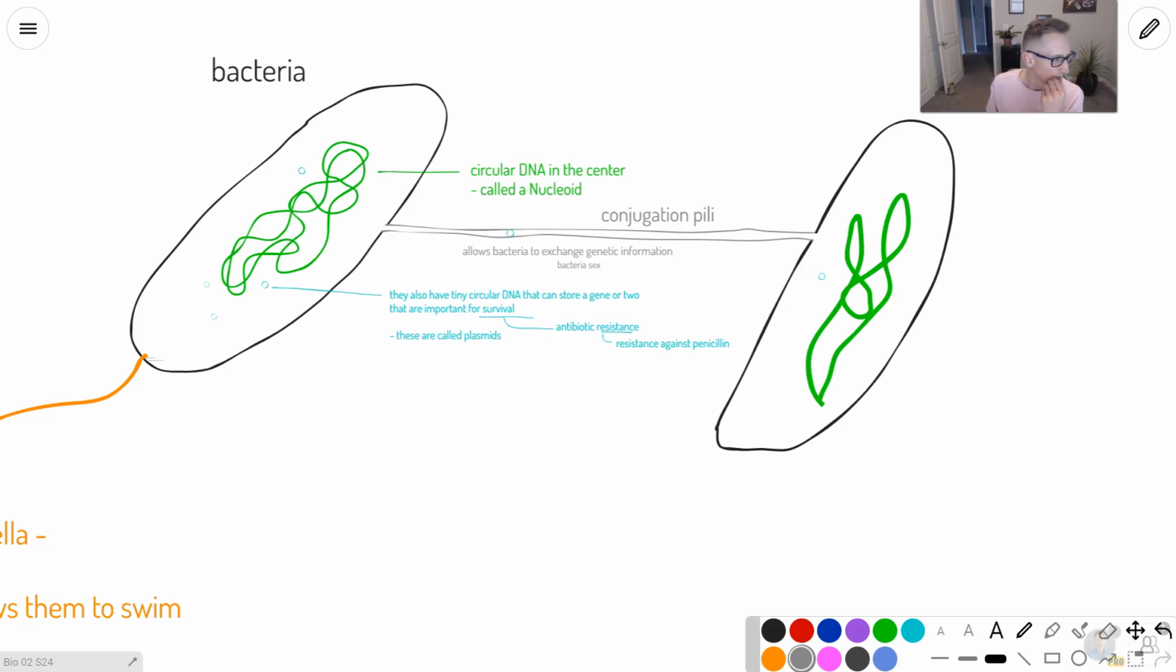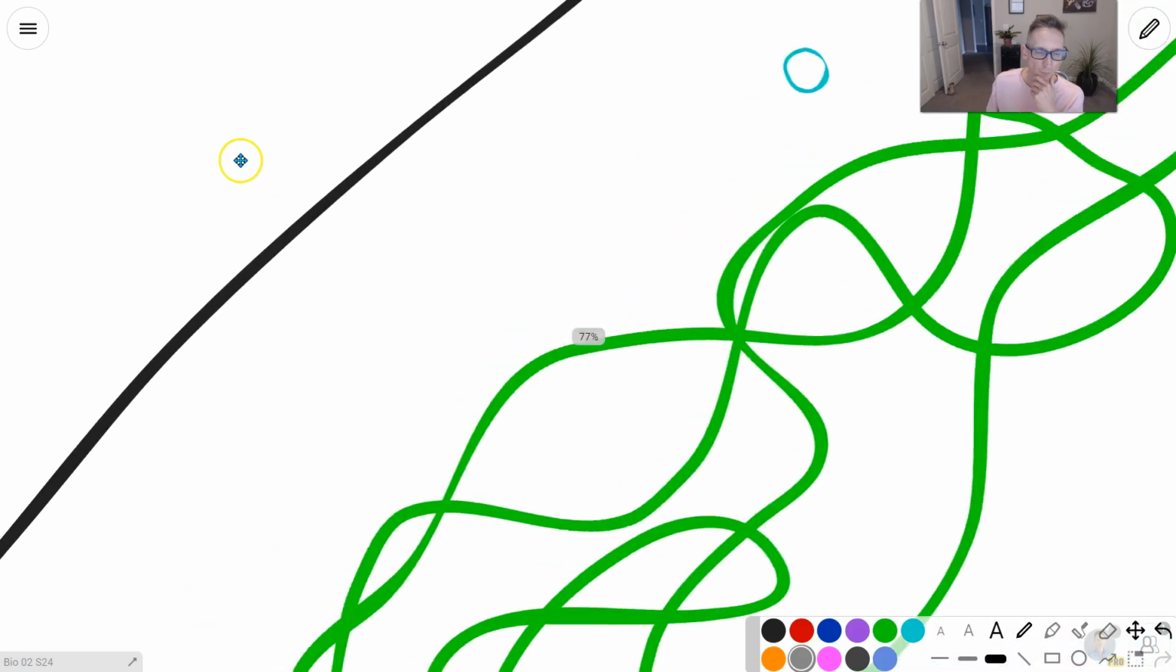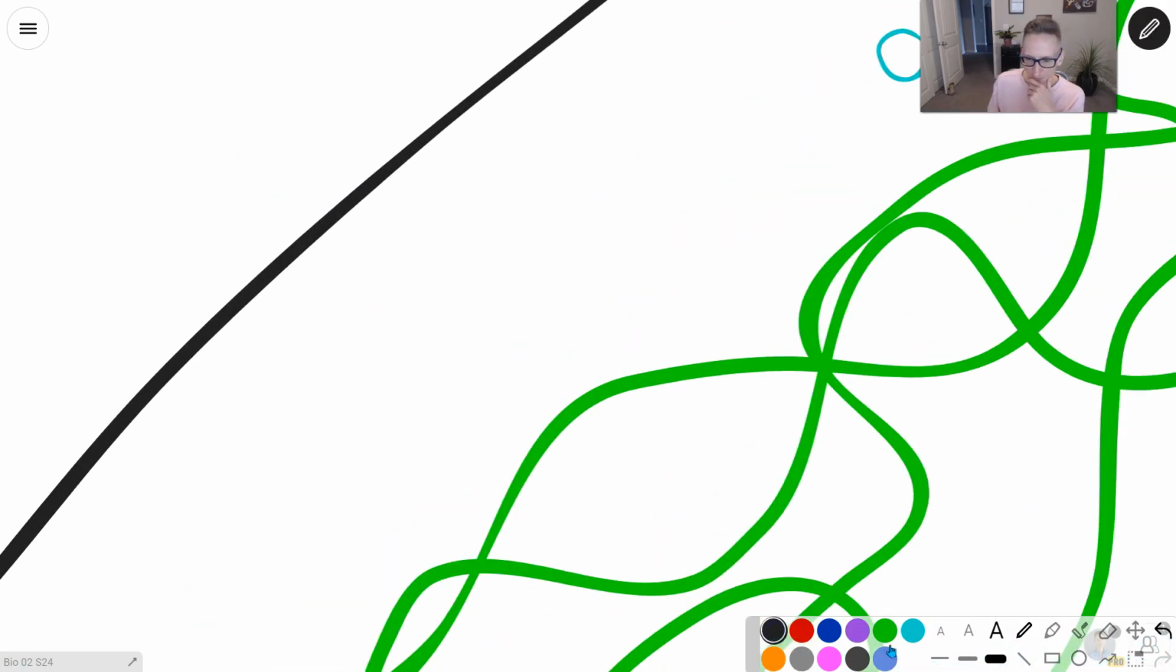Okay. All right. Let's zoom in again here. I'm not going to draw all of this. But if we look at these bacteria, there's actually a couple different types of bacteria. And some of them